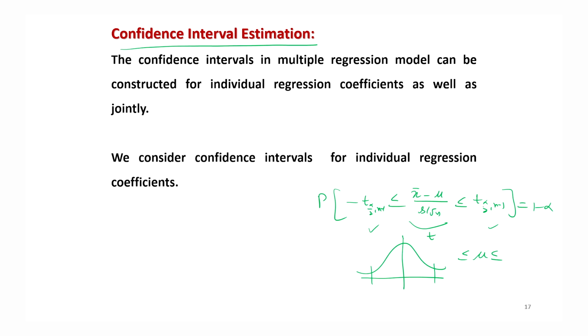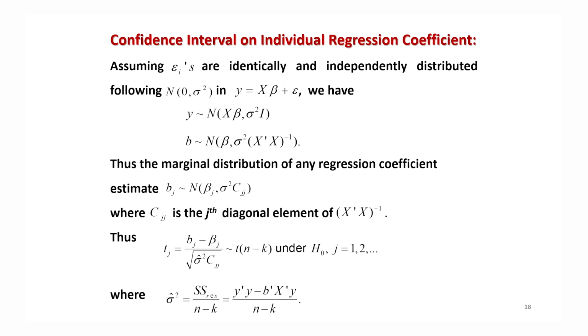The same process I am going to do here for beta j. And you also know that there is a close relationship between the test of hypothesis outcome and confidence interval estimation. Right. So the same thing I try to do here, and I try to construct the confidence interval for this beta 0, beta 1, beta 2, beta 3, and so also in general beta j, say this individual